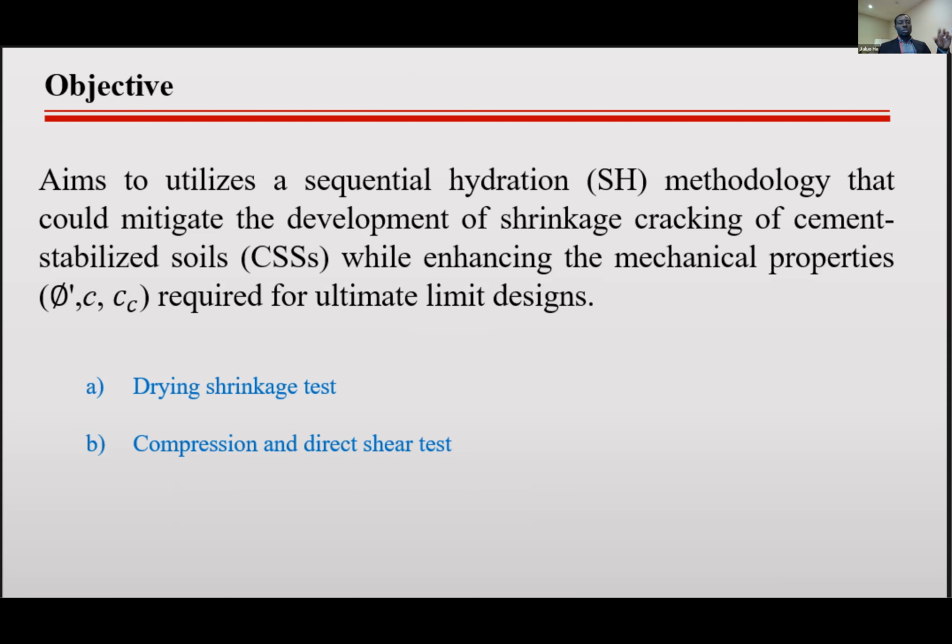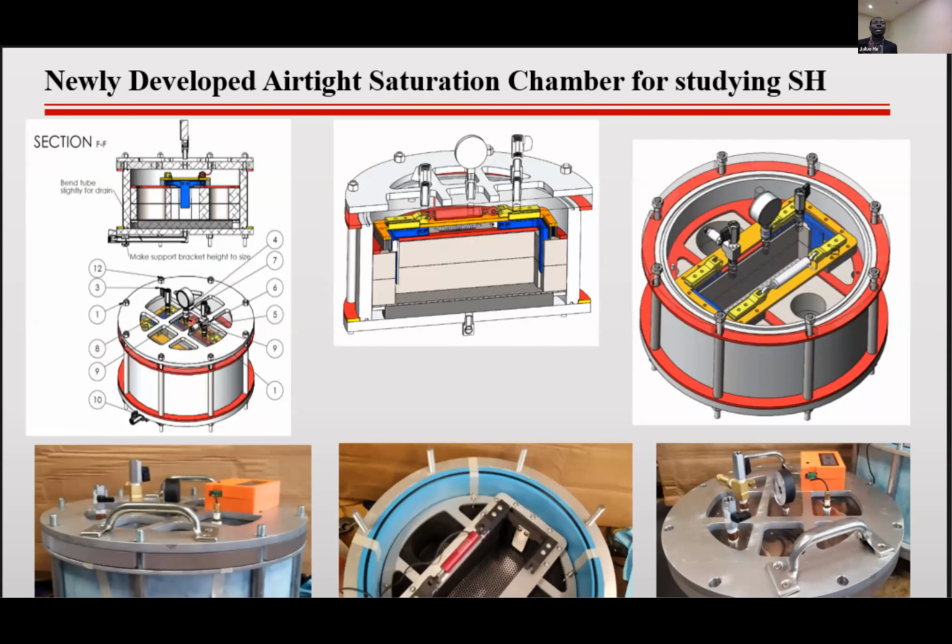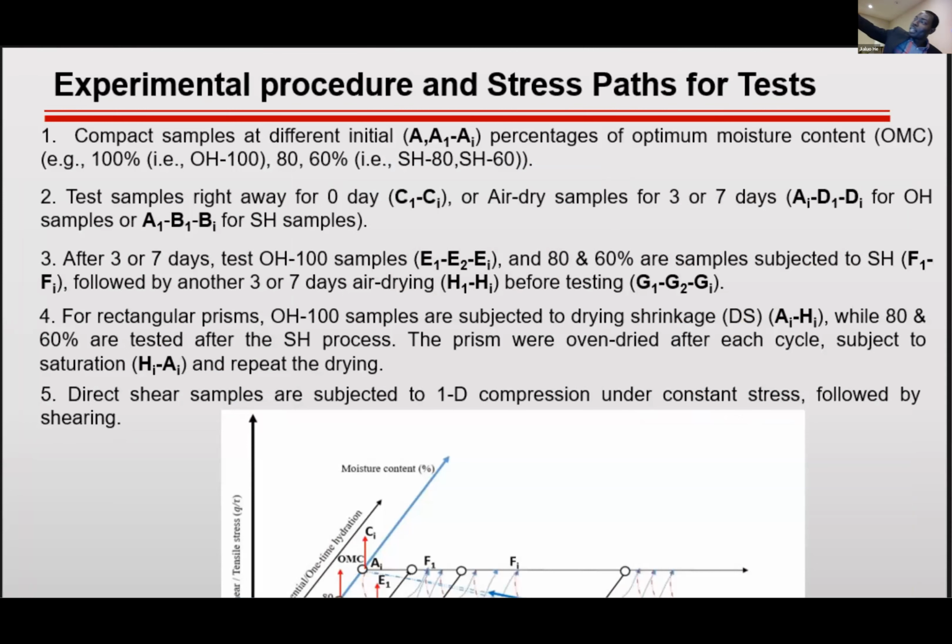The tests that we did were drying shrinkage tests and then compression and direct shear tests. To be able to apply the sequential hydration, you have to develop this equipment, which helps us apply both positive and negative pressures, measure volume change during the saturation process, and also measure humidity and temperature during the process. I'm not going to present a lot of data about the temperature and other stuff, just the mechanical aspect of what you observe. This is a very detailed stress path that we followed,